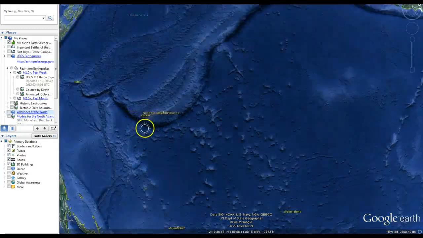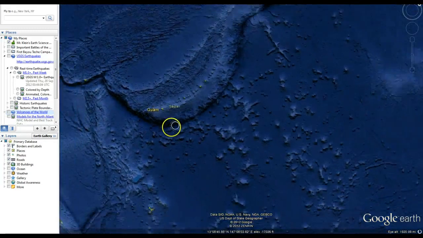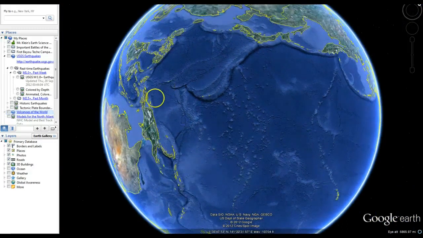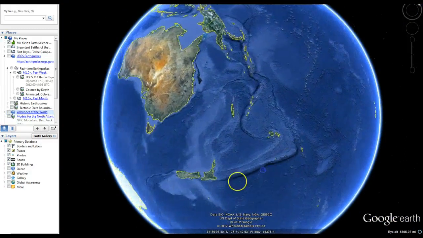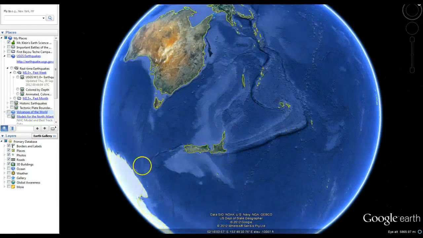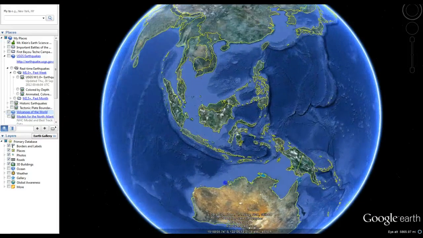And you have really deep in right here is the Marianas Trench, the deepest part of the world. And if we notice, the line continues and it goes around, and it cuts through New Zealand, and it continues right here. And if we go and we look,